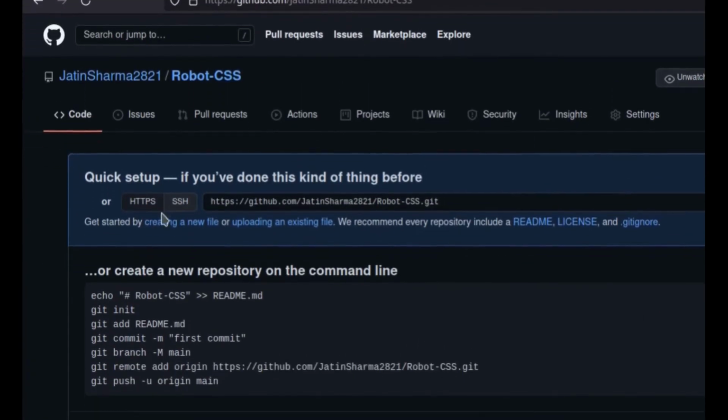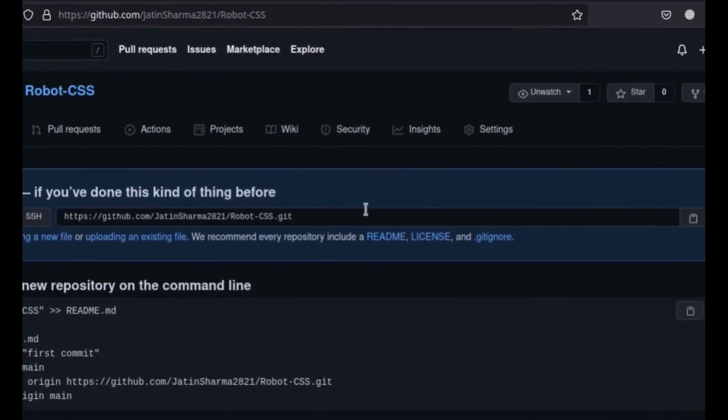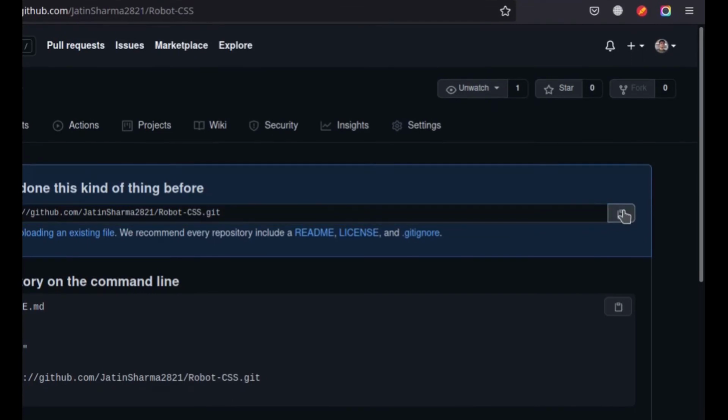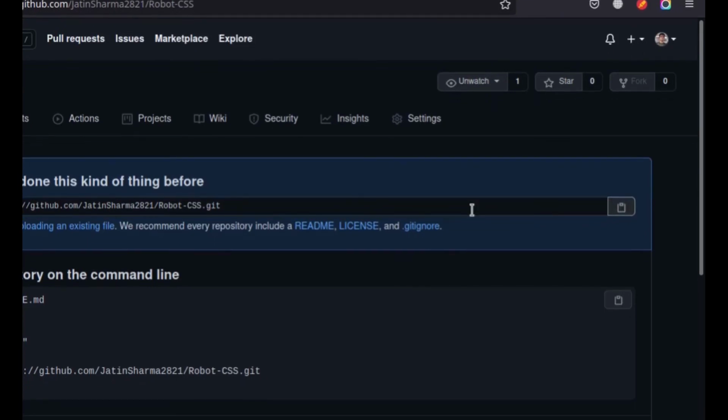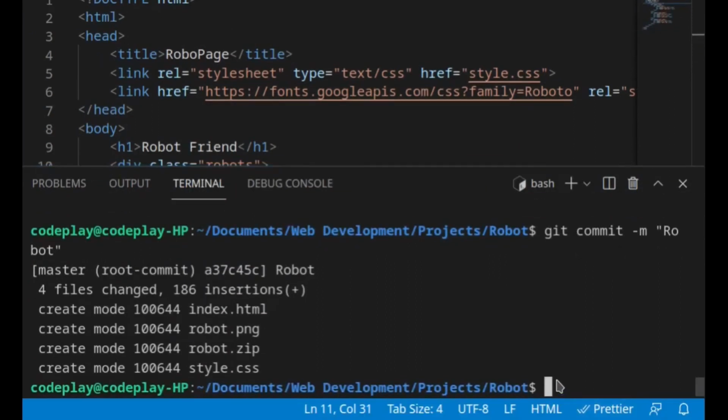Now what we need to do is copy this URL, because we need this URL to upload, or you can say push, our project to GitHub. Using this URL we will be telling our code editor that this is my destination and to push my project there.